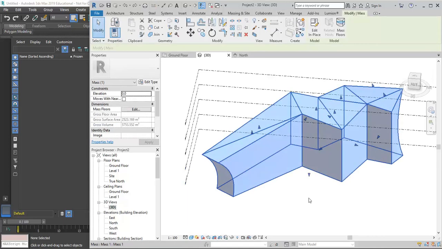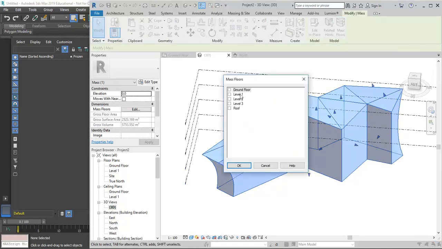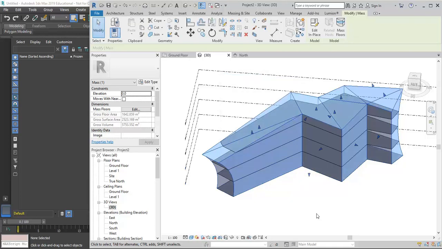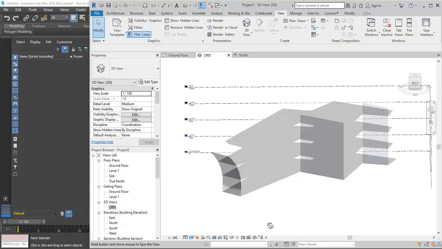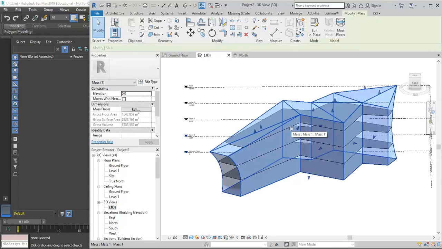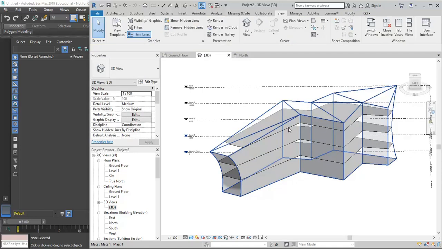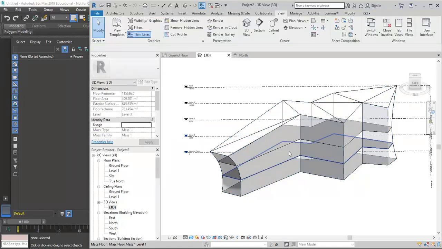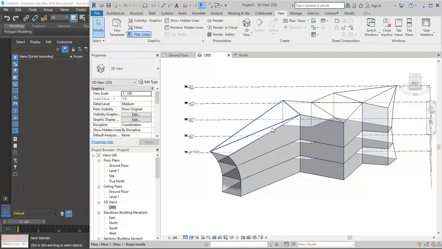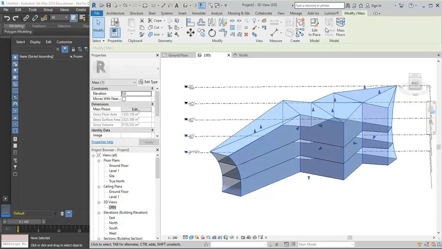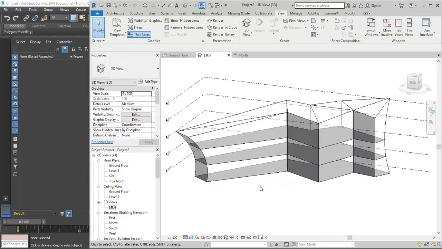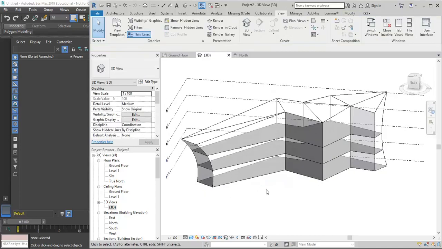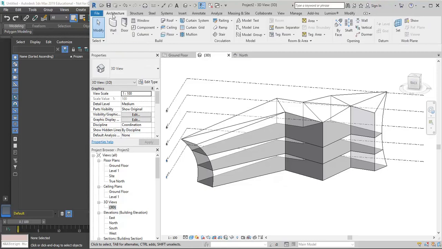So I'm going to select this and then go to mass floors and then tick those levels. And I've got stories in my building. Now I've realised, well, actually, I don't want the top one. So you can either manually delete floor plates using tab, you can select them and just delete them, or you can go back in and choose the element again, go to mass floors and turn the ones off that you don't want. So I've got the basic shell of my building, and then I'll quickly get some geometry